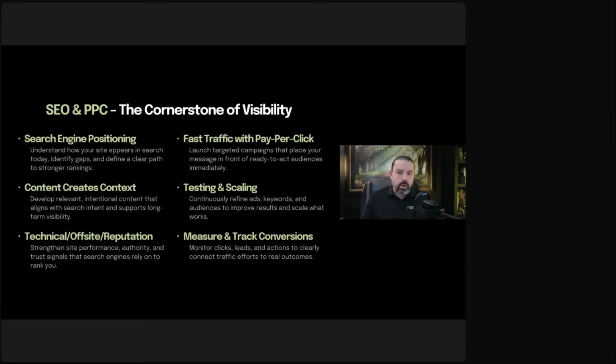And then finally, making sure that you measure and track your conversions. It isn't enough that we're driving the traffic. We need to know, what is that traffic doing? Is this even worth it? If I'm spending $1,000 a month on Google Ads, are they actually bringing us donations? Are they actually accomplishing the goal that they should be accomplishing? So this is really important, having all these things in mind as you choose between strategies and you choose what to implement. This is important to understand.